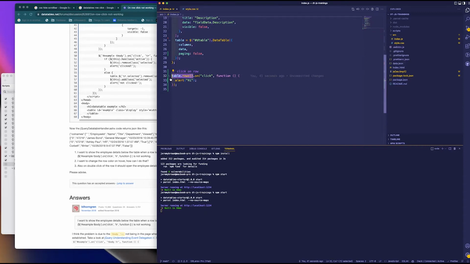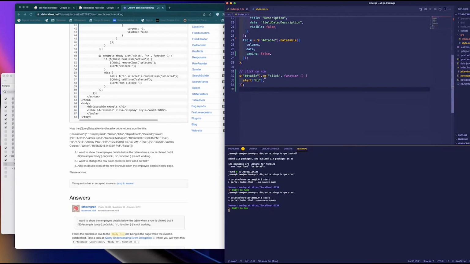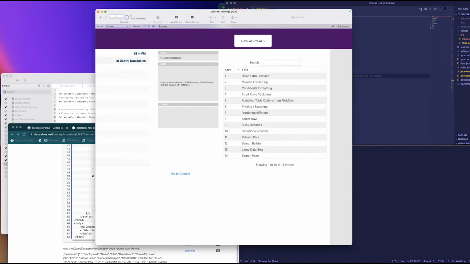We're going to use jQuery to say dtable. So go find the element with the dtable, do an on click, and it's the tbody. That's right. So that tbody. Okay, I need to add that to the template. So now when I load this, boom,